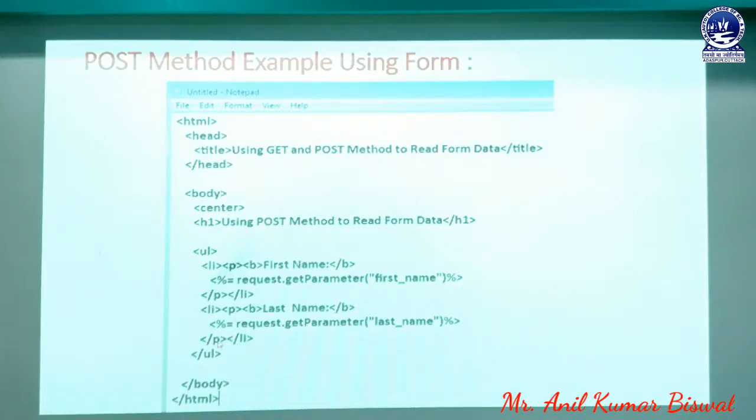So generally we use the expression tag. That expression tag is denoted as percent sign equal to. That symbol helps to extract what is present in the getParameter statement. In that getParameter method, we type the unique name, which is mentioned as last name. In that statement, we must take some value, and that value is always forwarded from the HTML page. So in this way, we can type our JSP code in our notepad file.